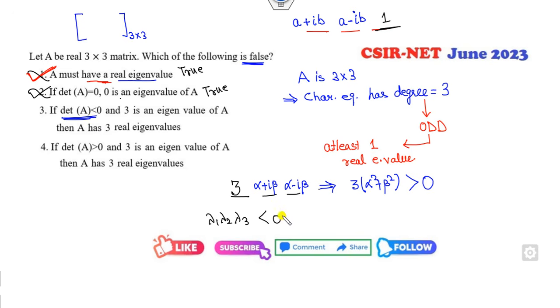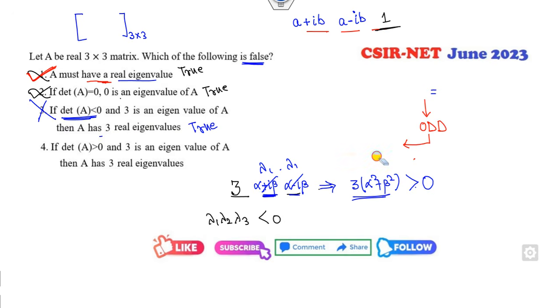Determinant of A is less than 0 only if the eigenvalues are real. If the other two are complex numbers, then the determinant must be positive. But we need a negative determinant. That means instead of complex numbers, it has real eigenvalues. So yes, all the eigenvalues are real. It is also a correct statement. So the only wrong statement is the last option.